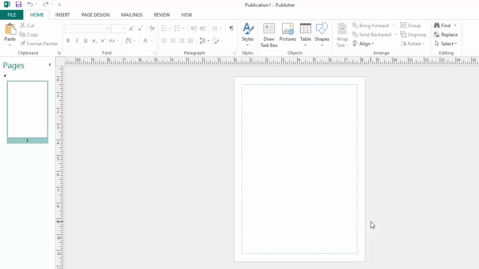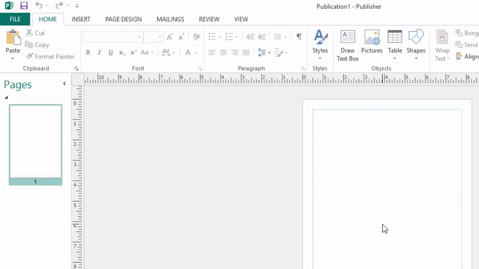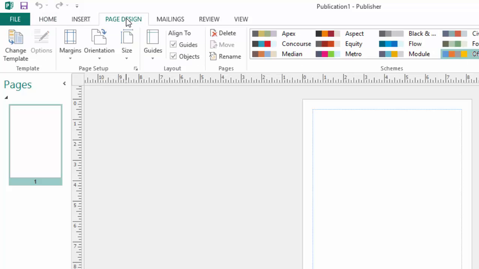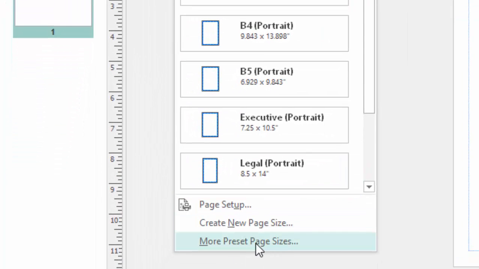What we want is to have 10 cards in one A4 sheet of paper, and the cards which will be used for printing will be of the size of A4. Then finally from that A4 we will cut out 10 pieces of business cards. Now remember the dimensions for the business card is 3.5 by 2. I want to show you here how to check the dimensions for this A4 page by just coming to page design. You will get size and you just choose custom size,